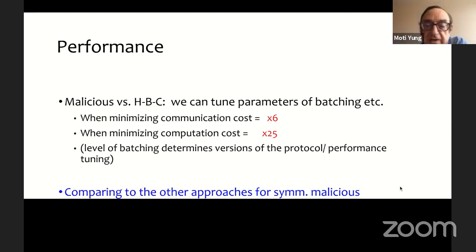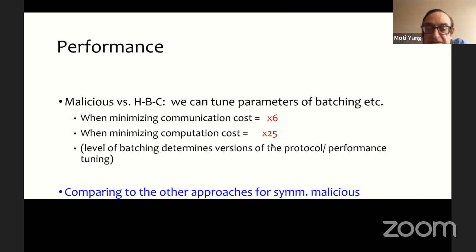Now there are not many protocols for symmetric malicious, and the one to compare against is the sort-compare-shuffle paradigm of Wang, Evans, and Katz from 2012. And our cost is 64 times better.